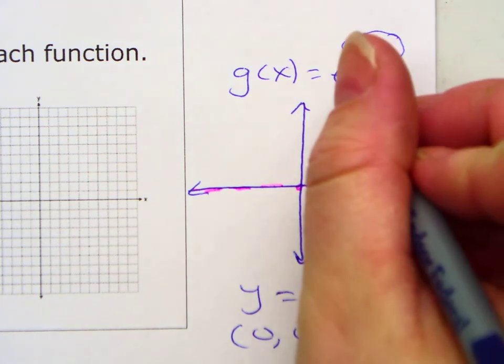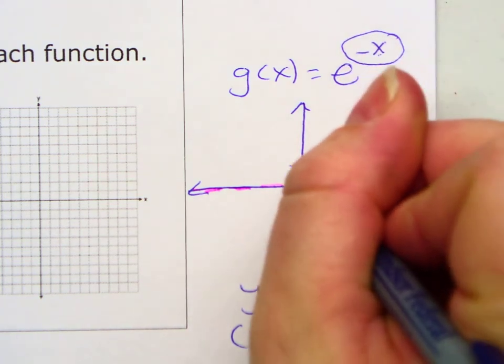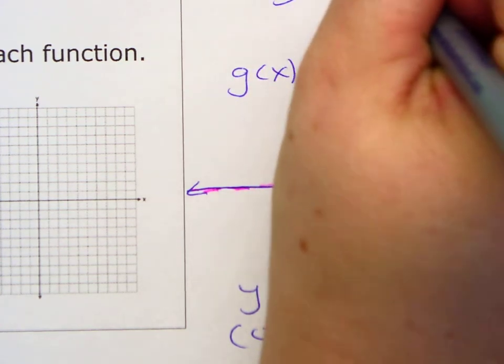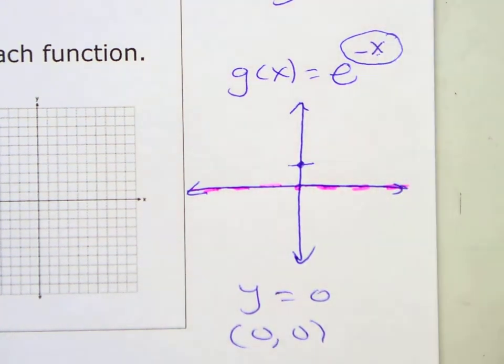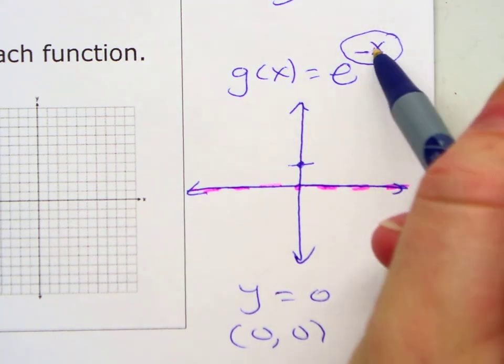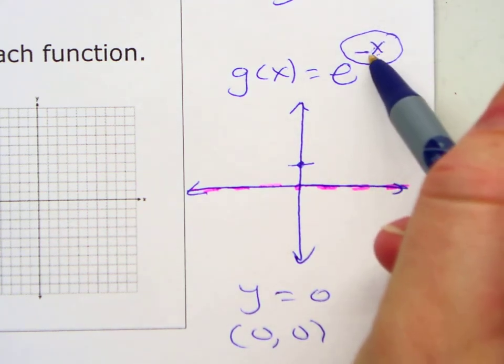So our starting point here is still literally up 1 because g of 0 is 1. E to the 0 is 1. The fact that it's negative changed the sign of the x. E to the negative